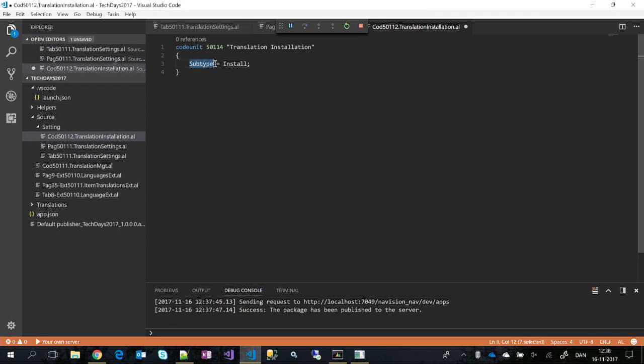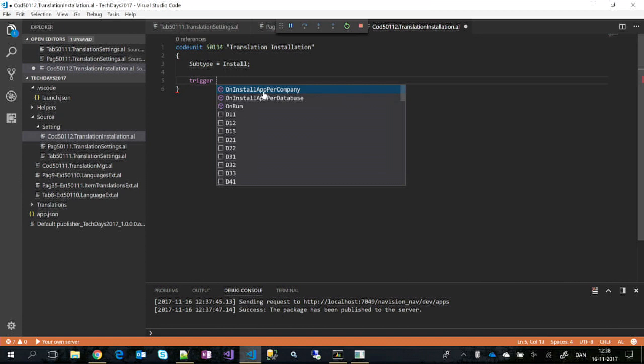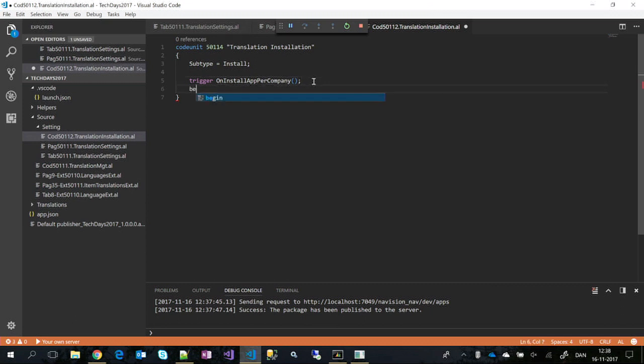So the subtype Install actually makes this codeunit an installer codeunit. And now we have certain triggers at our disposal. One is OnInstallAppPerCompany, one is OnInstallAppPerDatabase. So in this case, I'm going to use per company because the other table that I want to populate is a per company table. Begin end. And then I would like